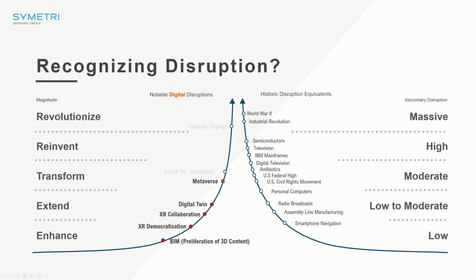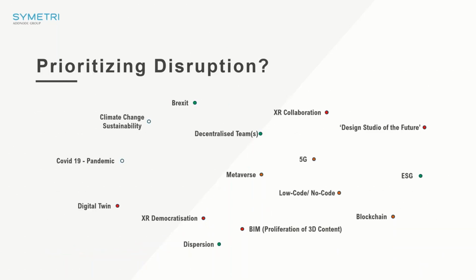Now that we understand how to look for disruption, we understand how to categorize it. Let's just put a few more on the board now. Now that we can look at the disruptions that we mentioned earlier, but I've also added a few more that are on the horizon that are driving change. We've got primary disruptions like the pandemic or democratized technology or climate change, but I've also added some second order effects to those disruptions, things like decentralized teams and globally distributed teams, something that has definitely been a result of the pandemic or has accelerated due to the pandemic.